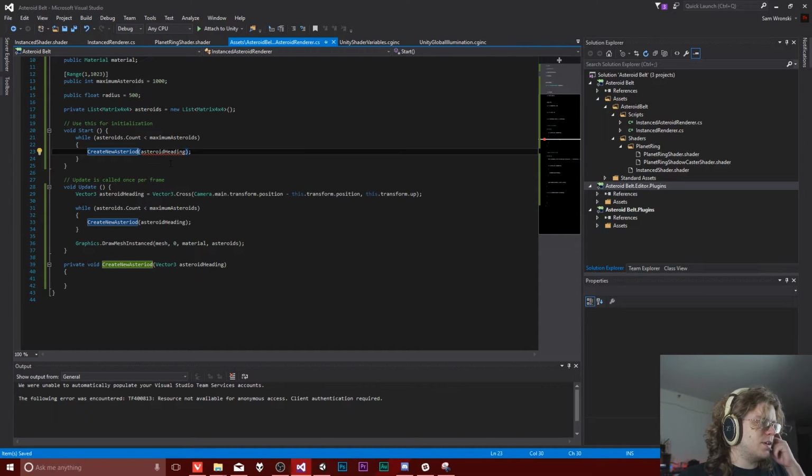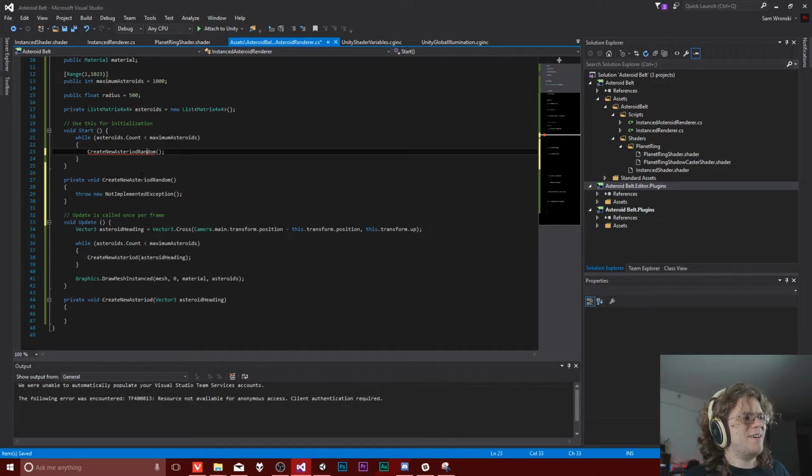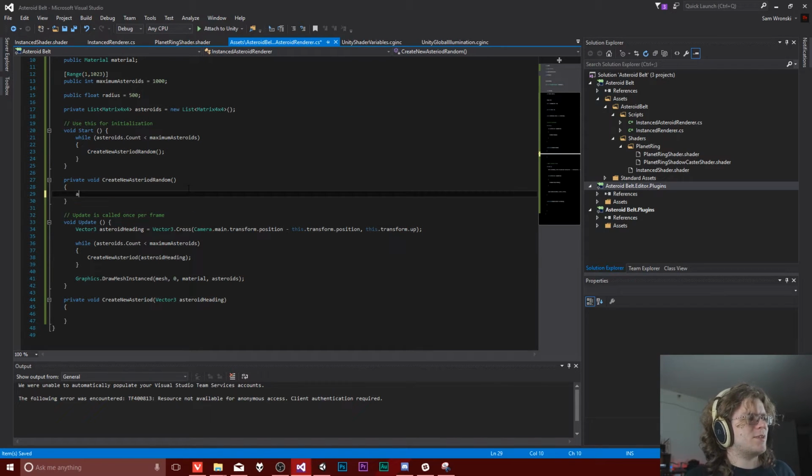Create new asteroid. What do we want to do? Create it when it's near something. Create new asteroid random, I guess. I don't like that name at all, but we'll go with it. And so what this is going to do